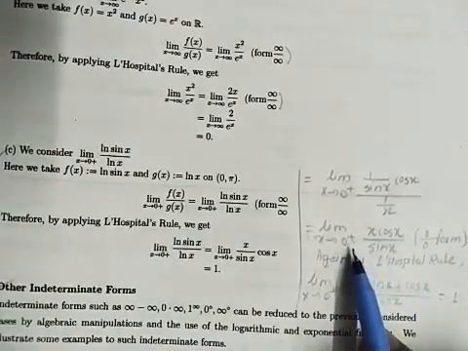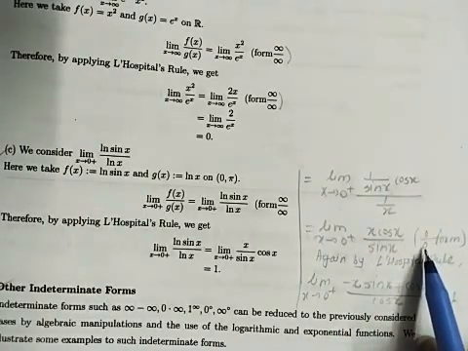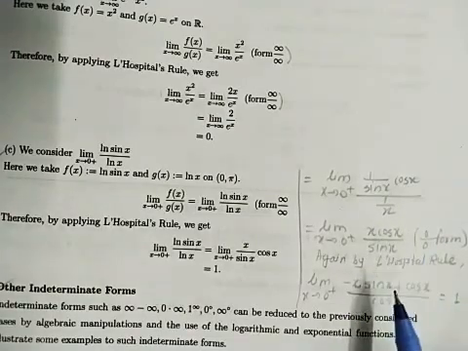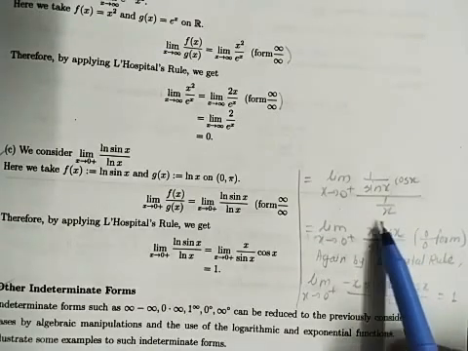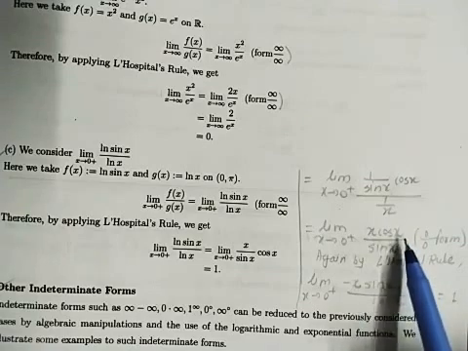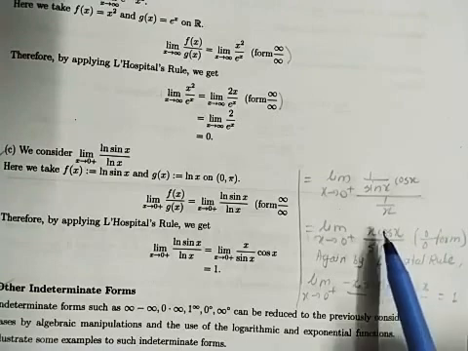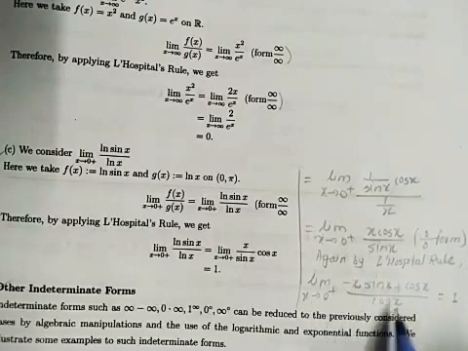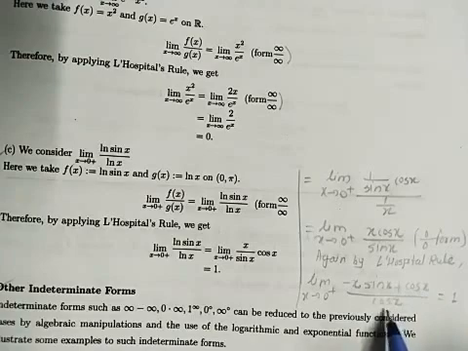If we apply the limit here, x tends to 0, what we get? 0 upon sin 0, 0. So it is of form 0 upon 0. So we will use L'Hospital rule again. So again take the derivative of numerator and denominator. So take the derivative of x cos x. Derivative of x cos x is x as it is, derivative of cos x is minus sin x, plus cos x as it is, derivative of x is 1, upon derivative of sin x, which is cos x. And after applying the limit here, as x tends to 0, it is 0 plus cos 0, which is 1, upon cos 0, which is 1. So finally we get answer 1.